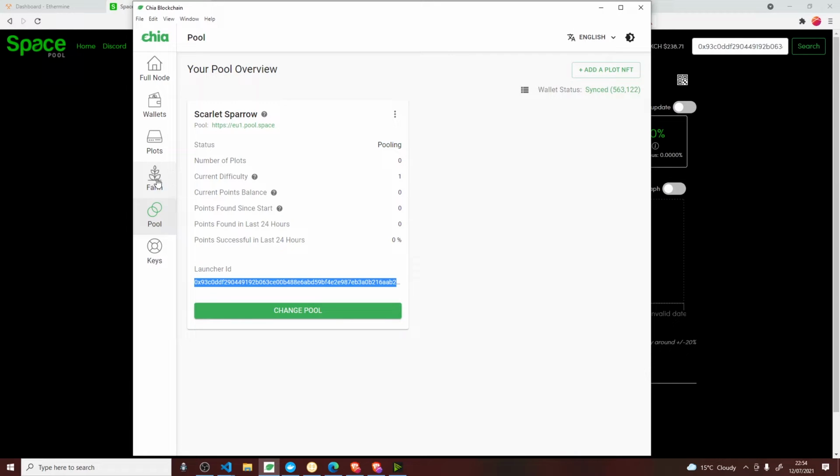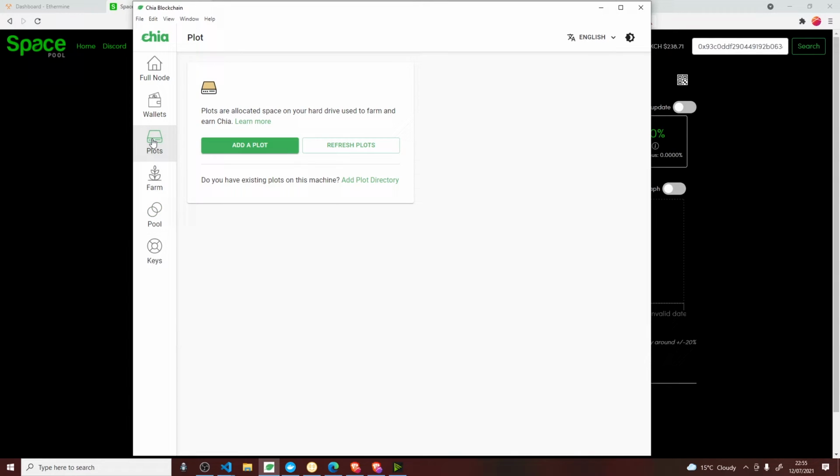So we'll go over how you create your plots using the Chia GUI. And to be honest, that's how I was originally doing mine. But then there is a better way of doing it, I think. We'll go over that in the next video. But for now, let's look at the plots. Plots allocate space on your hard drive used to farm and earn Chia.